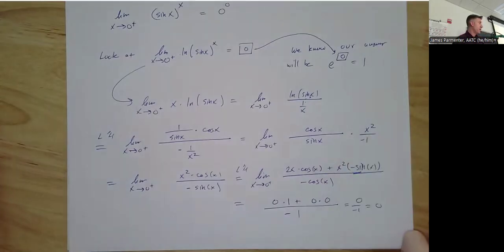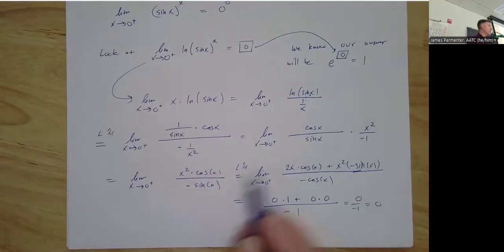Interestingly, most, not all, but almost all of the 0 to the 0 types end up being 1. There are some rare exceptions, but most of them do end up being 1. It's kind of weird. I wanted to point out here, though, if you wanted to, you could have gone a